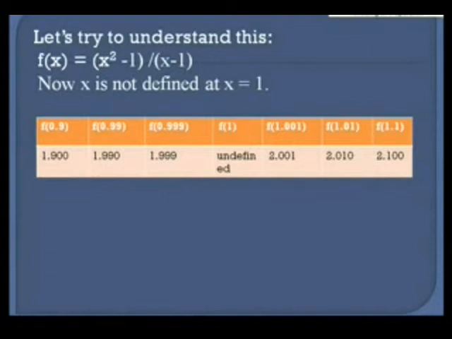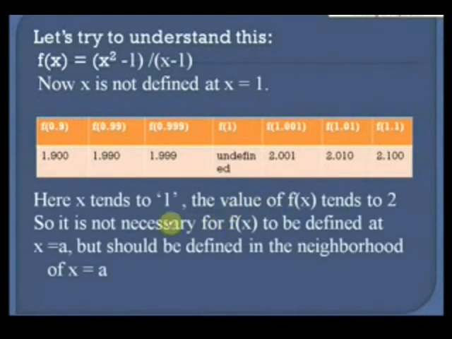Similarly, if I take values of x which are just greater than 1, that is if I take x equal to 1.001, then we can say that the value of f(1.001) is equal to 2.001. Now this is very much close to 2. Now f(1.01) is equal to 2.010 and f(1.1) is equal to 2.100. So we see that the values of f(x) tend to 2 when x tends to 1. So we can say that when x tends to 1, the value of f(x) tends to 2, and it is